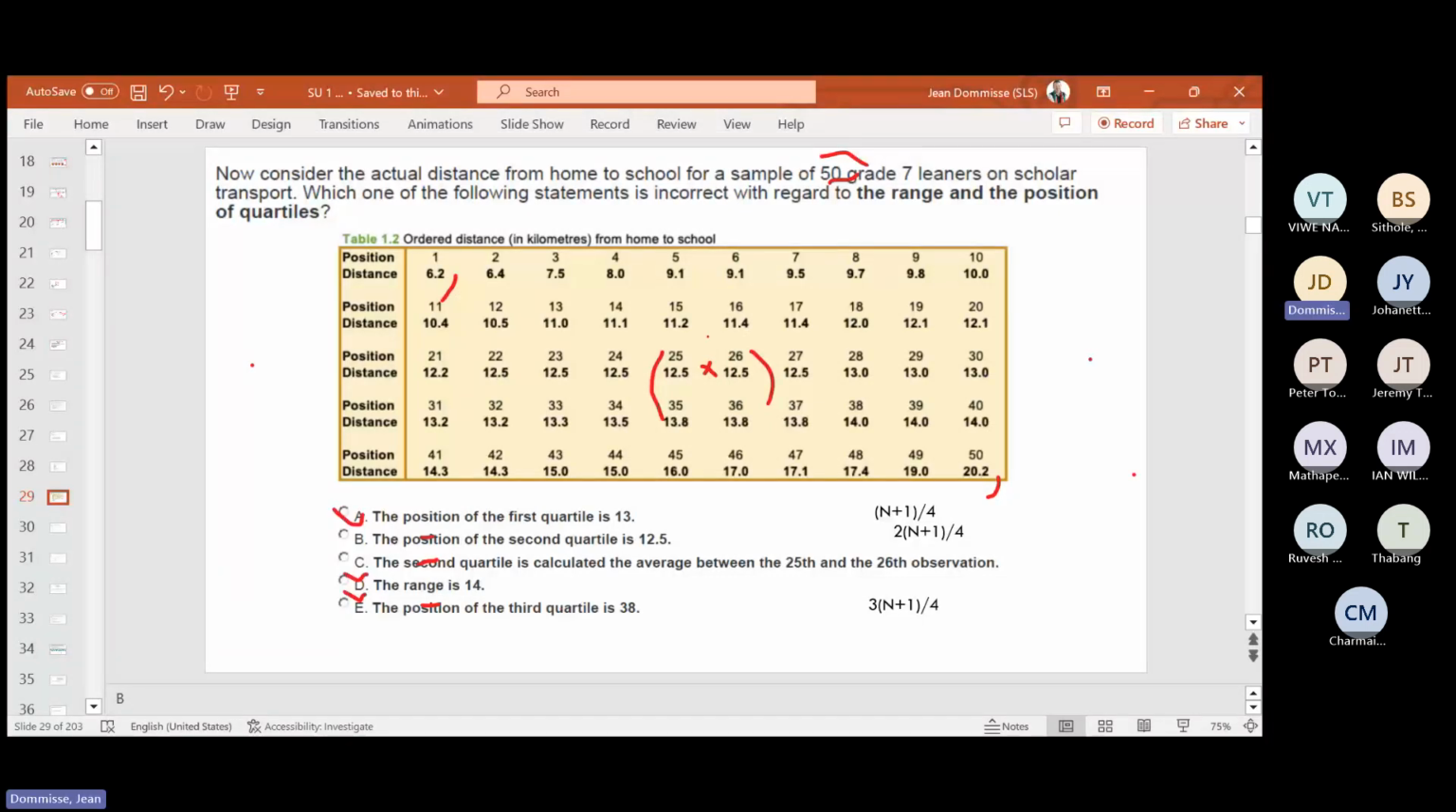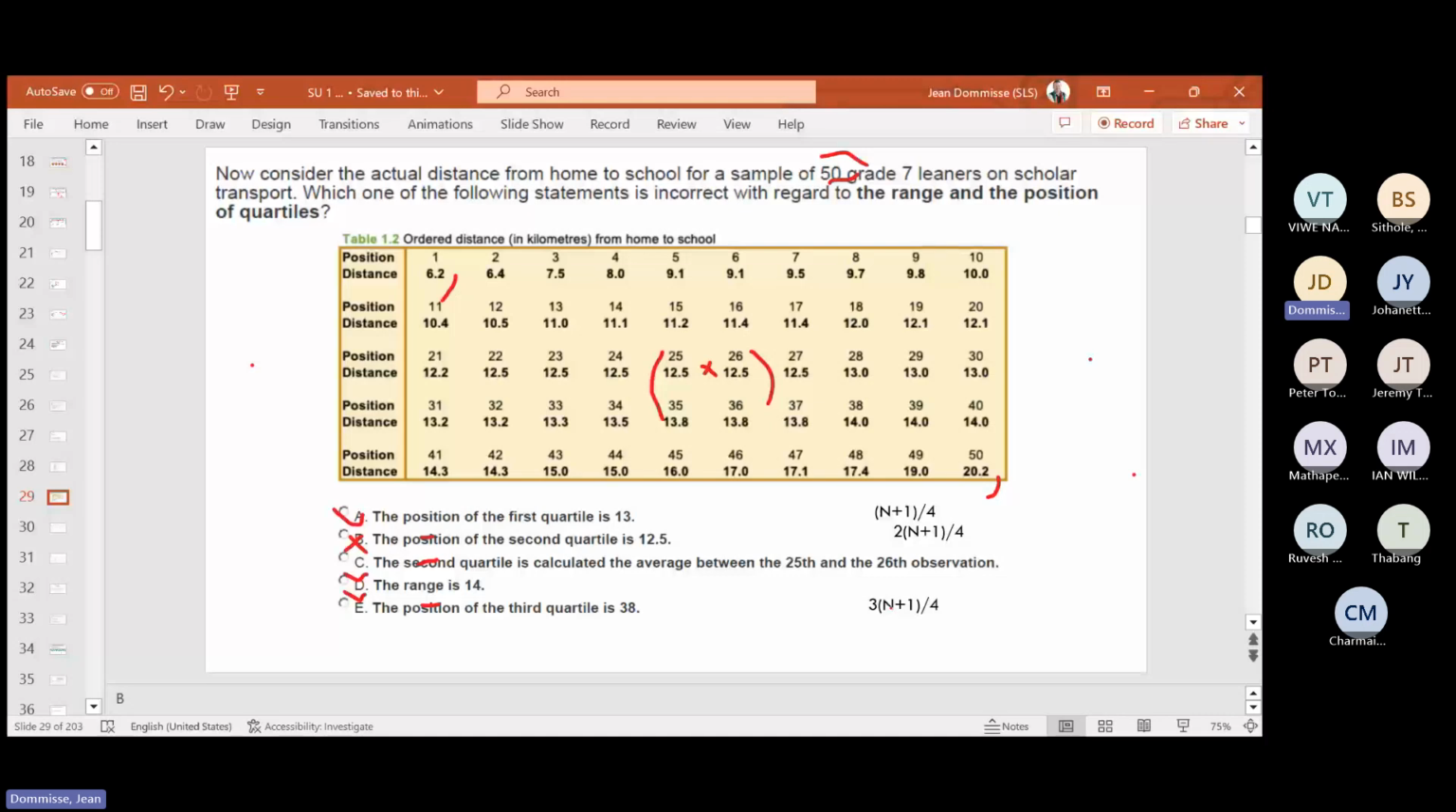They give us the value. So if I said at B, the value of a second quartile is 12.5, it would have been correct. But they're saying the position is 12.5, so the position is incorrect. And then if we just looked at the last one, E,